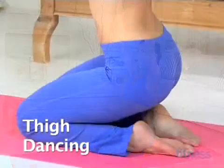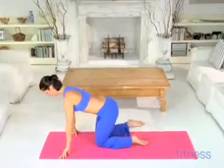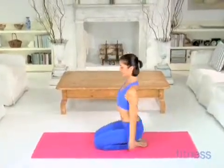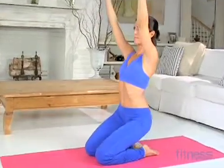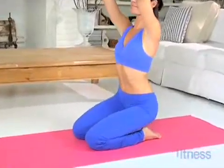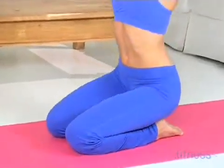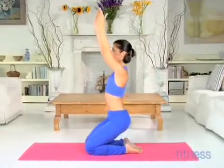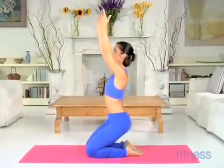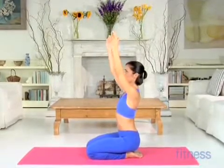Thigh dancing. Come onto your knees and sit back on your heels. Stretch your arms overhead. Using your thigh muscles, lift your butt off your heels. Then lower back down. Pulse up and down for 15 seconds. Now come down and repeat,